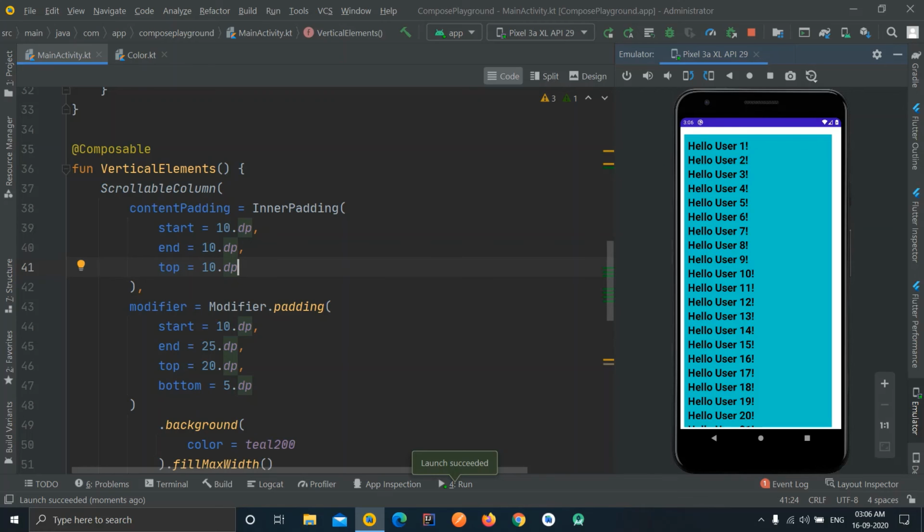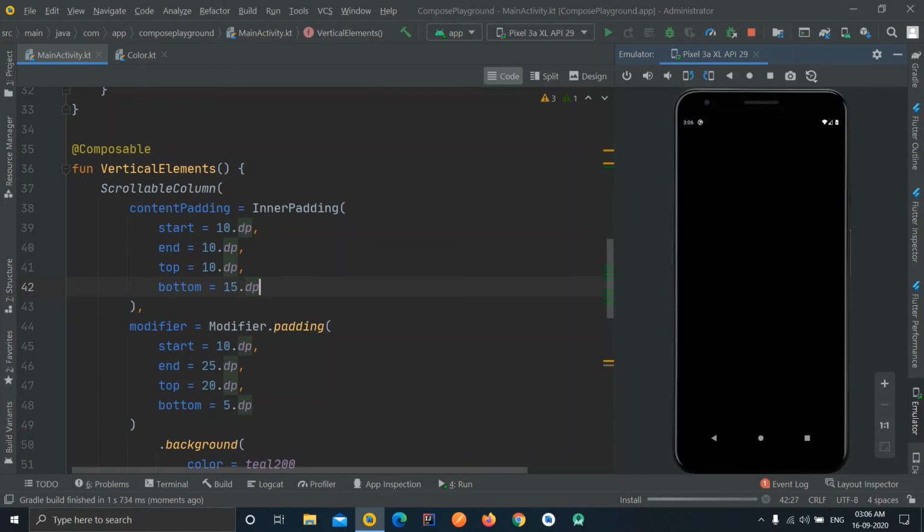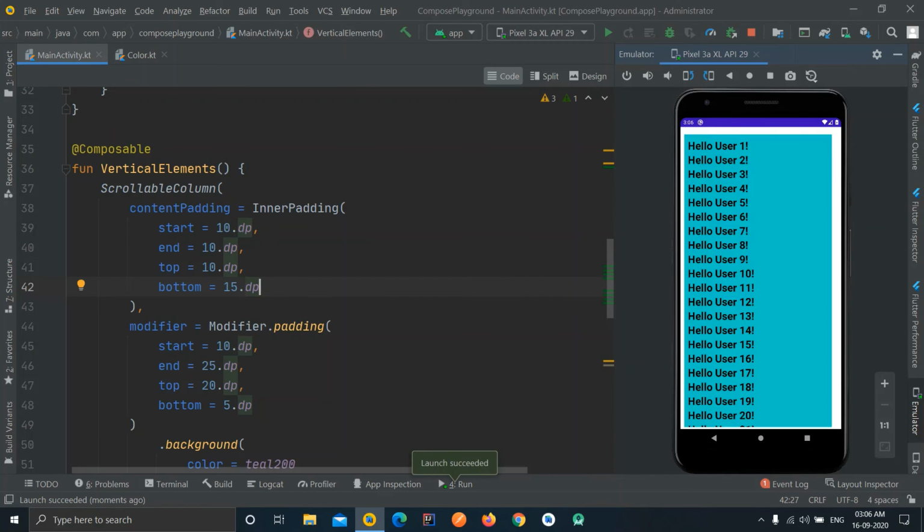Now if I specify a margin from bottom, then the spaces will increase a bit more, like bottom to be, let's say, 15.dp. As you can see, the margins are increased a little bit from the bottom side also. So this is the way it works.